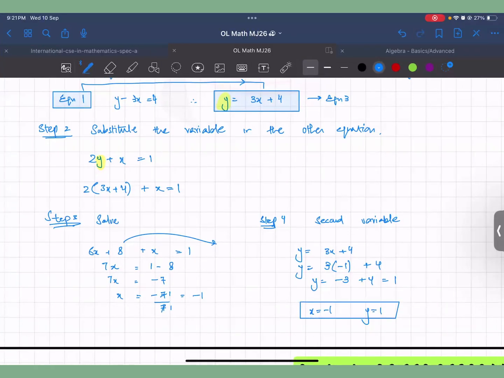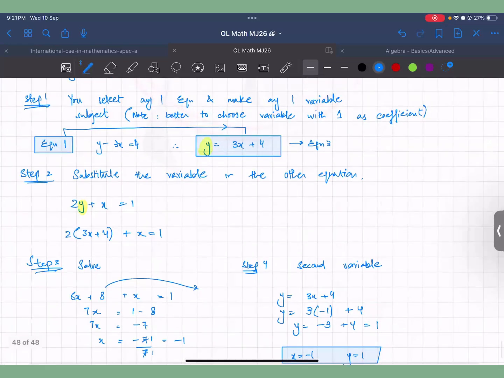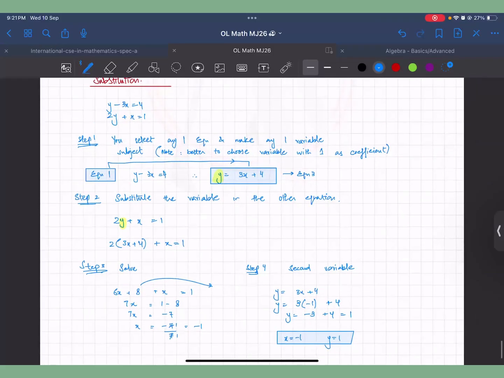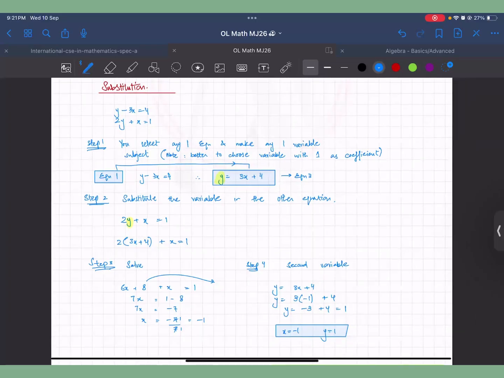Sir, can't we take equation 1 or 2 in this step? Take any one. In step 4 you can use any of the equations to get the second variable. But for equation number 3, it becomes easier because you have already made it the subject. So you won't have to move things around. Understand? Yes sir. This is the basic step. Now this same substitution method would work for any equation that you will see, no matter how complicated, no matter if it is quadratic or linear or anything. It's the same steps: step 1, 2, 3, 4.